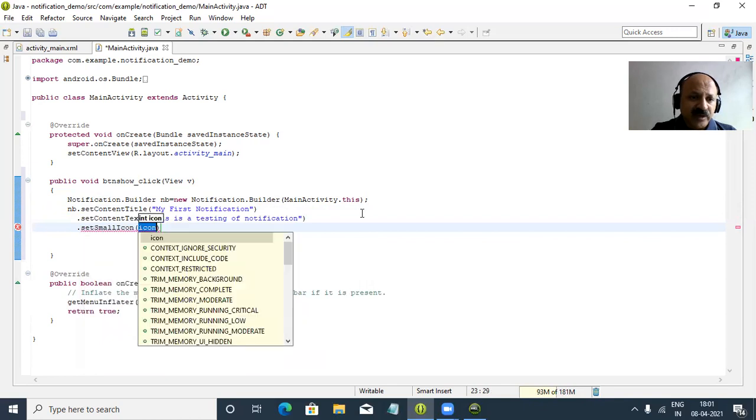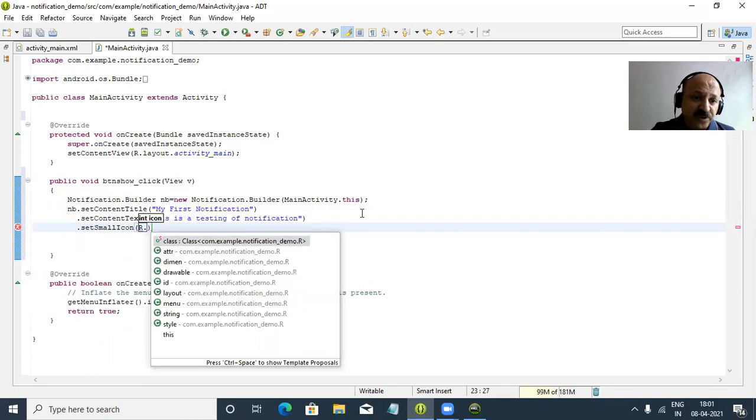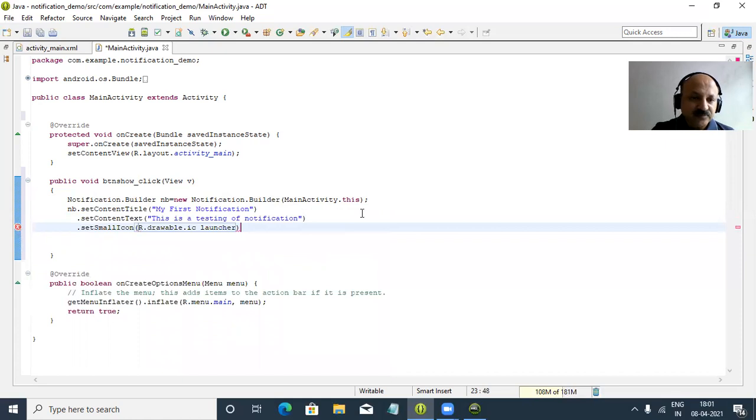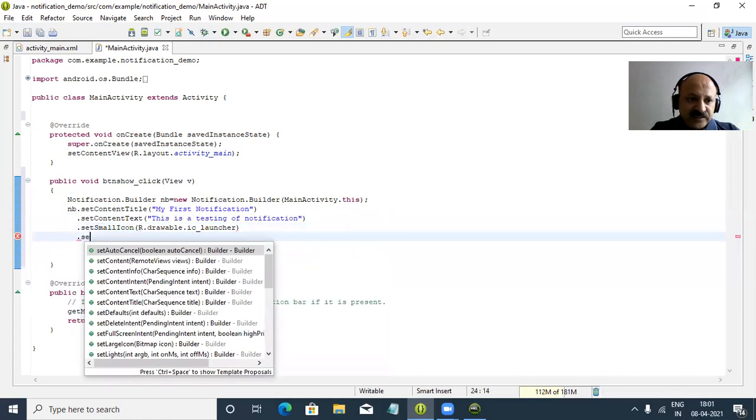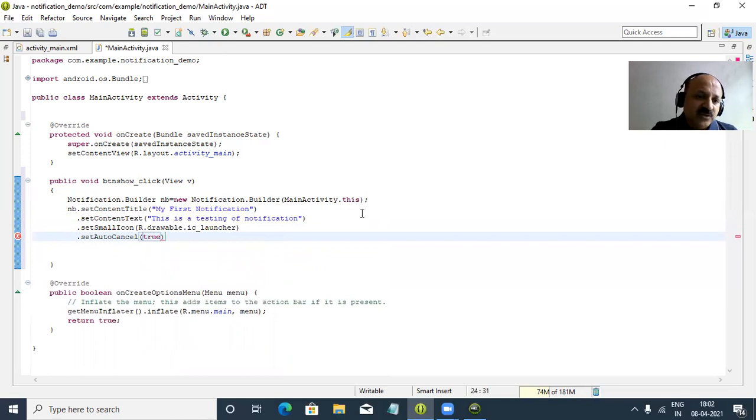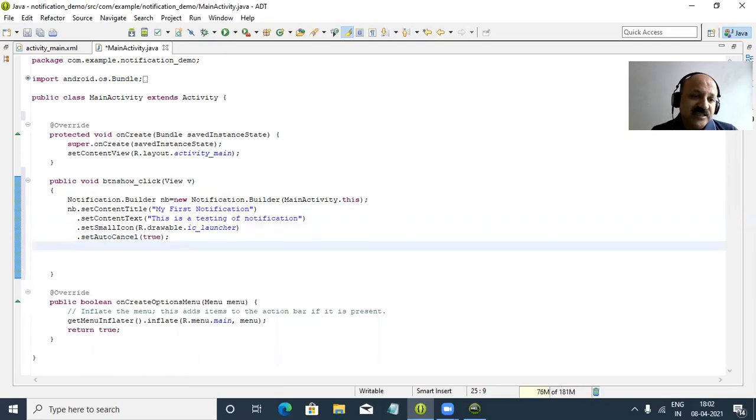We can provide the icon. Whenever the icon comes, we can take it as drawable resources, and you can take it from an icon on the internet, or create it in Paintbrush or Photoshop. But small icon, yes, so here you can also take a large icon. Here I use our icon, android ic underscore launcher png file, and then we can say set auto cancelable, so we can pass true. So that is perfect, and the action I do not have to bind, that is an optional part.